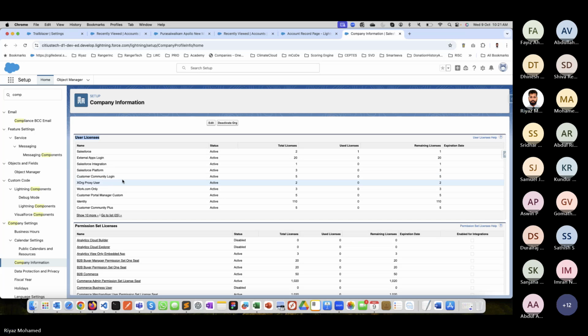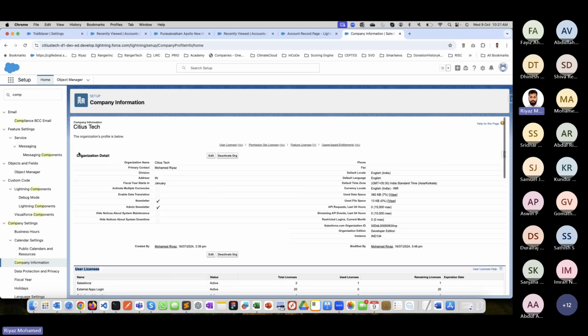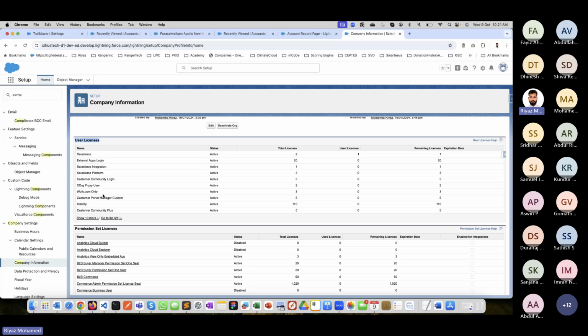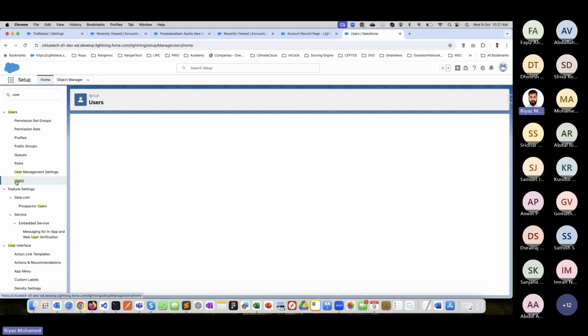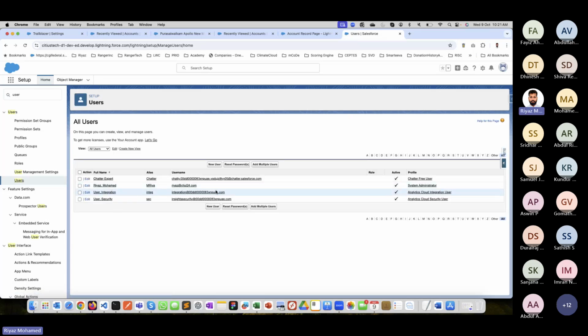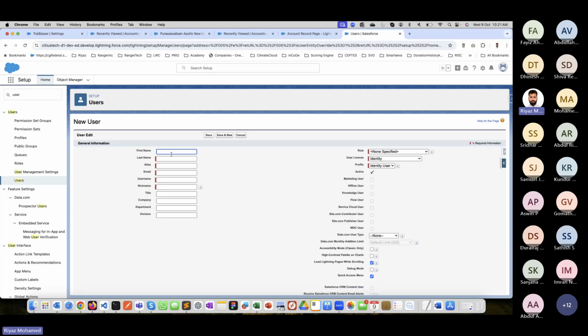And I'll create one user. Now let's create a user. I'm a system admin. A system administrator has a superpower in the org. They would be able to do everything. Now let me create a new user. Okay, let's call it